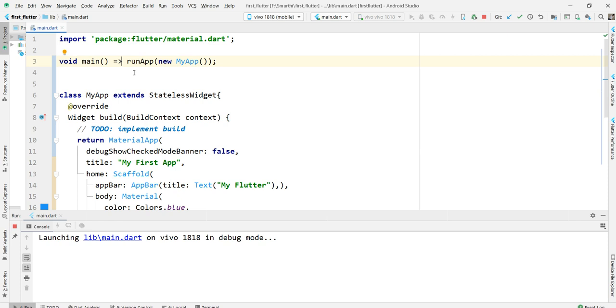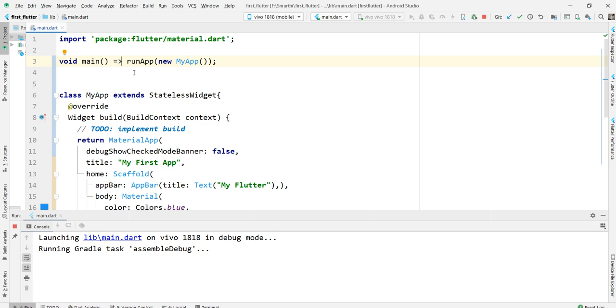You can just replace the two curly braces with an equals and greater-than symbol, the arrow, and the method is easily called. That is an advantage of the Dart language. That is the Dart language syntax that we are using here. So the code is reduced, and now we can see the output.